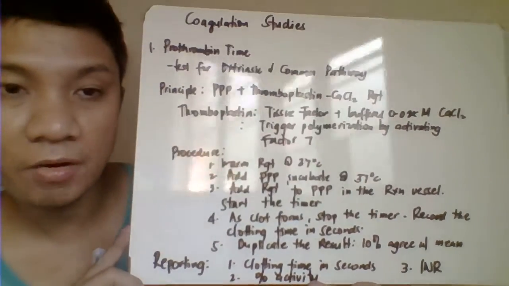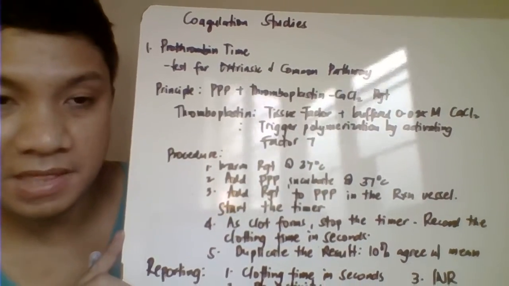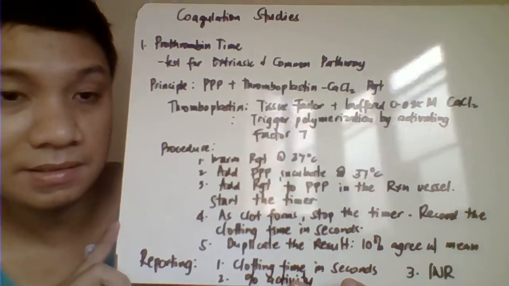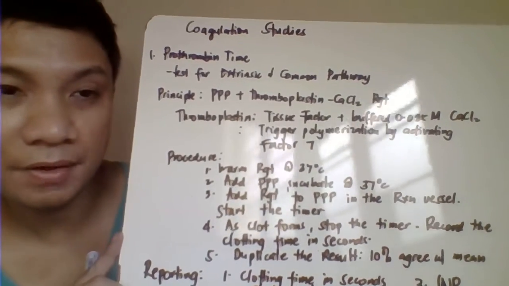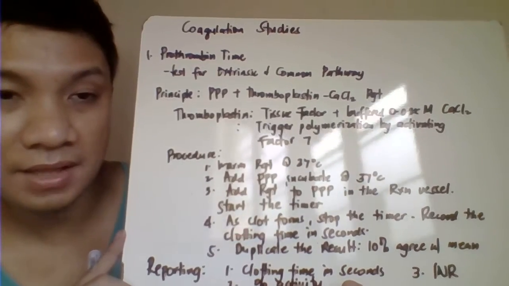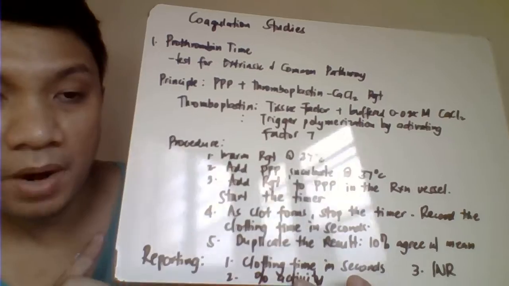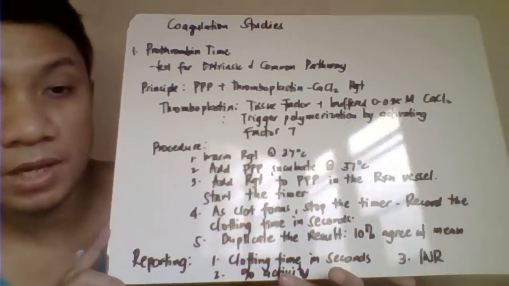Okay, so we have here the coagulation status. So we have here the prothrombin time. Okay, the prothrombin time is a test primarily for evaluation of the problem related to your extrinsic pathway and the common pathway. Your extrinsic pathway includes your factor 3, factor 7, and we have also here the common pathway 10, 5, 2, 1. If you have problem related to that extrinsic common pathway, then your prothrombin time will be